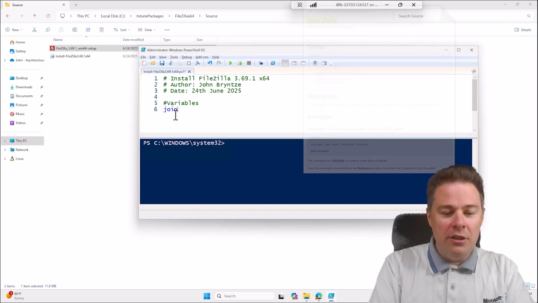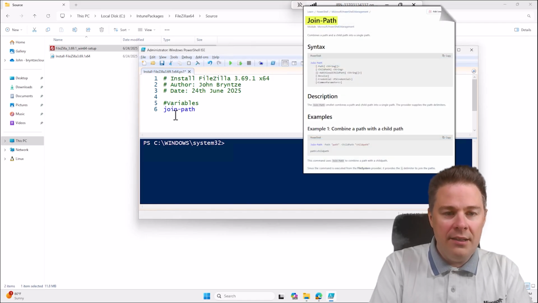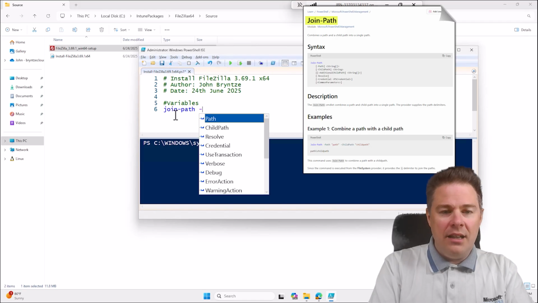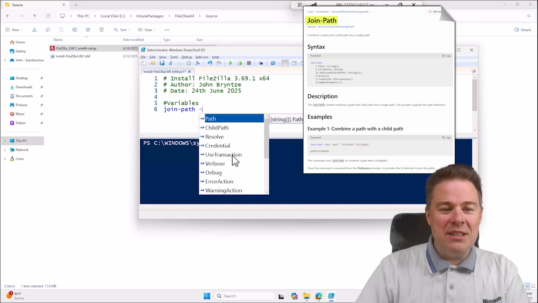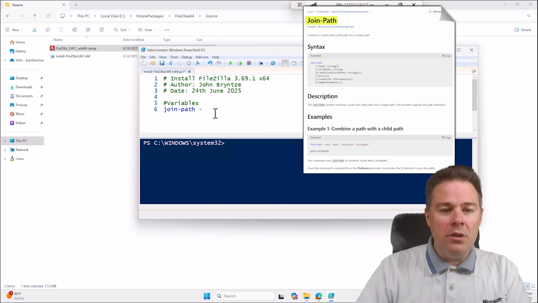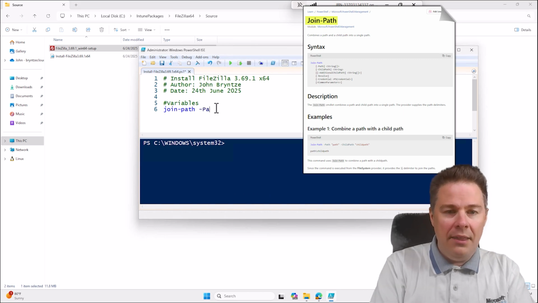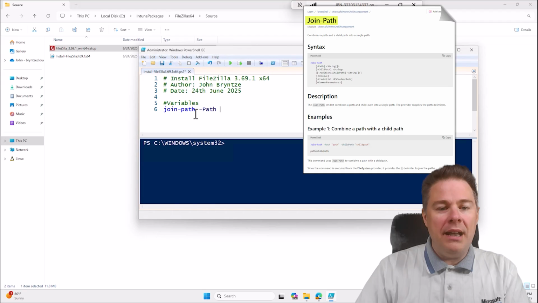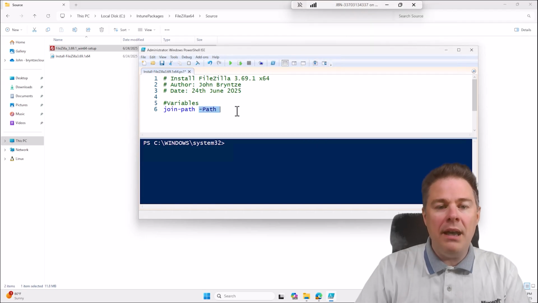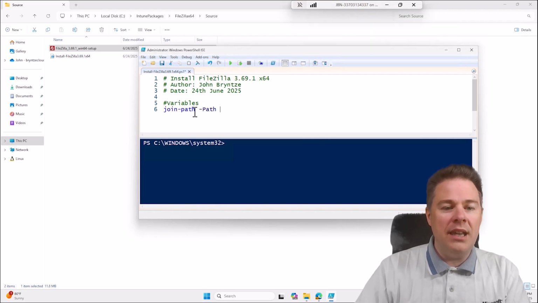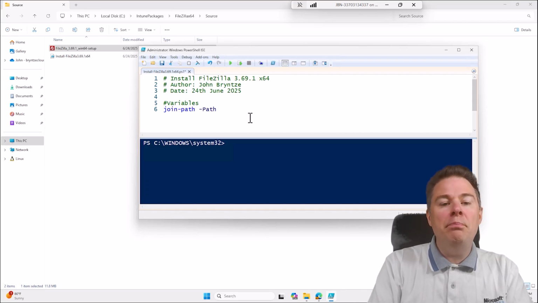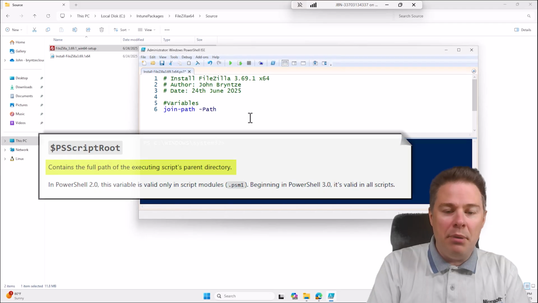There is a command called Join-Path, and oh, thanks, it gives some suggestions. So we're going to do, oh, I wanted that first one, Join-Path. That means we're going to add one path and another one and join that together. And the first one is going to be where this script, the install-FileZilla, runs from, and there exists a built-in variable in PowerShell, so you don't have to create it, called